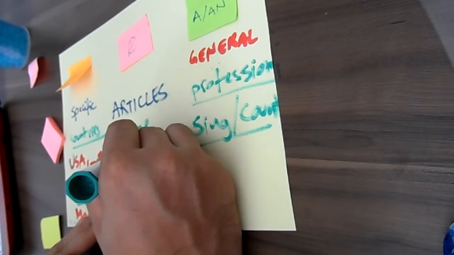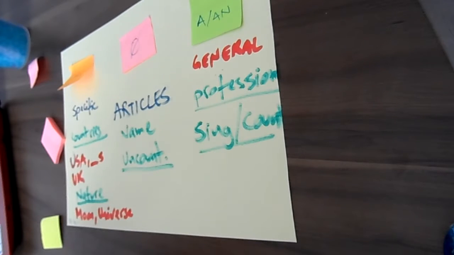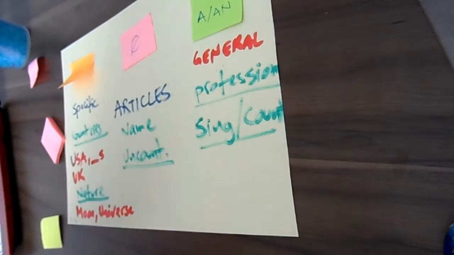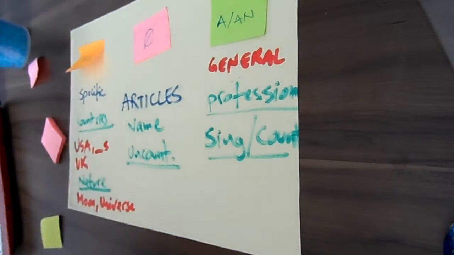So non-count or uncountable nouns. For example, I mentioned I want a glass. I'd like a glass of water. But water is not countable. So you just say, I'd like water. I'd like some water. You can use some other specifier, a word that will go after the verb and before the noun, right? But you don't have to use a or an. As a matter of fact, you can't use it, okay? So water, coffee, sugar, anything that is liquid or in powder that we cannot count, we just use no article at all, okay?